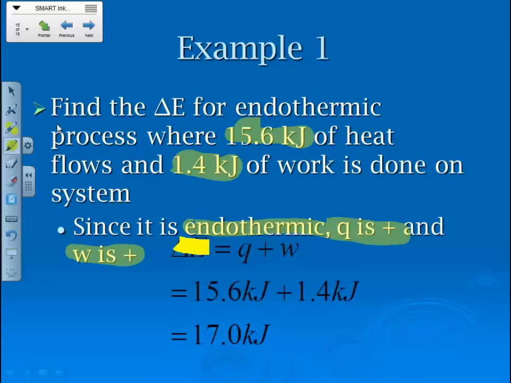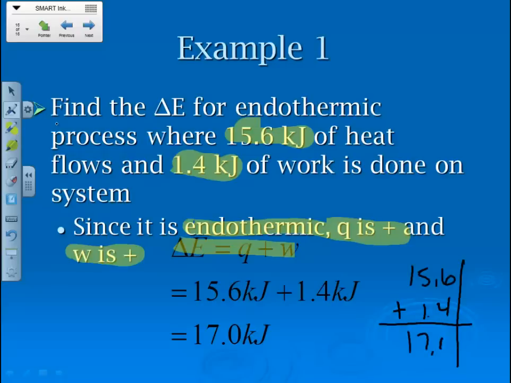We've got our equation, so we always want to show our equation. We add our units with significant figures. It's the fewest number of decimal places, so if I show you the old school way, 15.6 plus 1.4, we're going to end up keeping one decimal place, so it's going to be 17.0 kilojoules. And just as a warning, you got to keep an eye out on kilojoules versus joules in this unit. Sometimes the book and myself do a bad job of flipping back and forth, and sometimes that's where we get the confusion on which units things need to be in. If it doesn't specify, typically I will accept either kilojoules or joules, whatever your final answer is. So, okay, I hope that